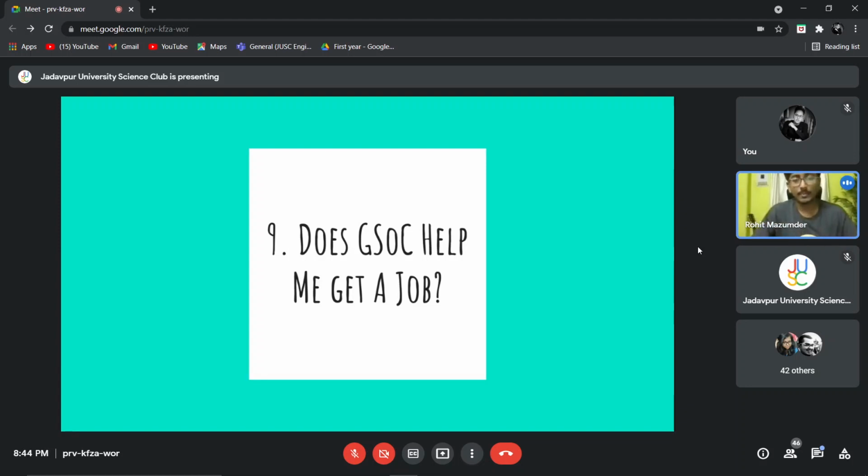But that being said, there are some companies, specifically some startups, which nowadays focus a lot on development skills. Since those are startups, they don't really look at data structures and algorithms. They are looking for students who have a lot of hands-on development skills. So cracking GSoC is definitely going to help you crack those kinds of interviews. And there are some companies like Red Hat which promote open source so much that they will probably hire you in a jiffy if you can crack Google Summer of Code. So this is the full answer to: does Google Summer of Code help me get a job? Okay, let's move on to the next question now.